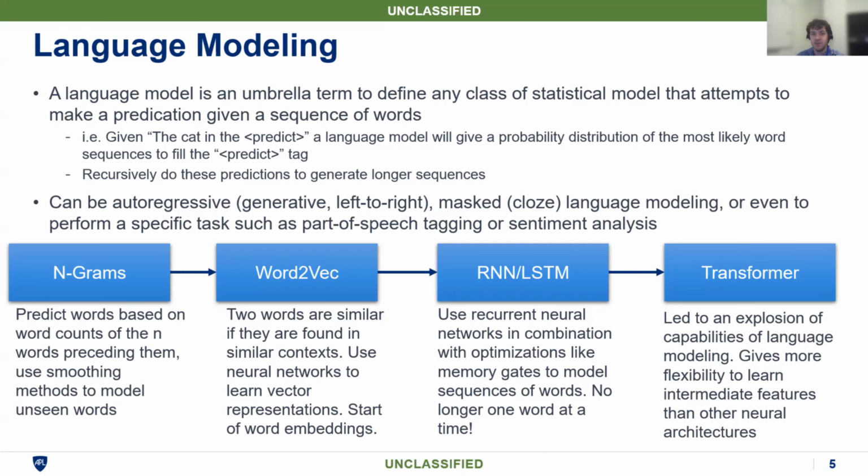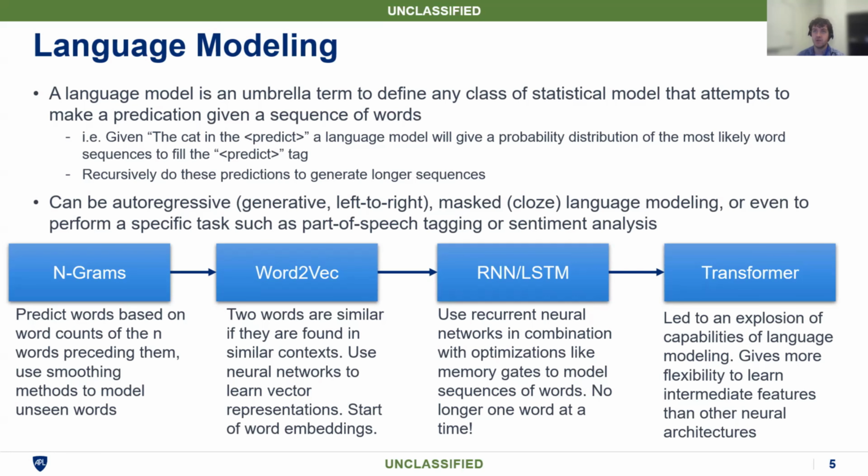So the most common example of this is autoregressive language modeling. It's also called generative language modeling or left to right language modeling. This is sort of the way that we in English generate text. If you're writing a paragraph, well, maybe you start from the end, but generally when you write a sentence, at least in English, you're going from left to right. You're starting with the words and you're writing them as we speak, one word at a time, basically.